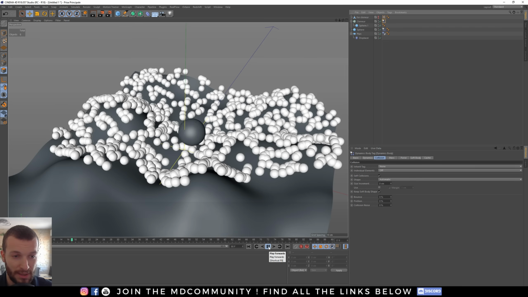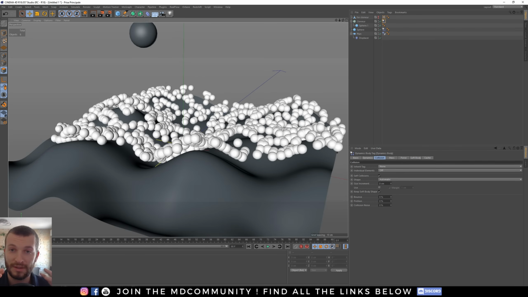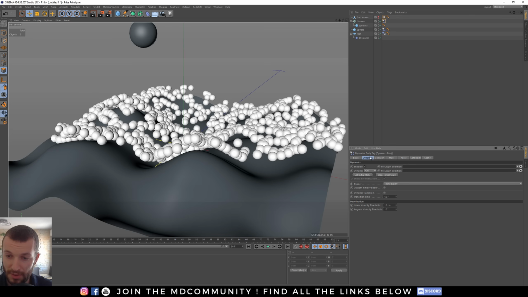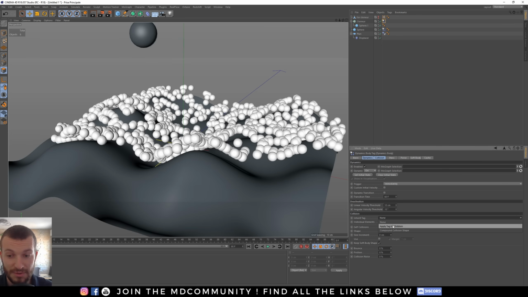If I hit play, you can see that all balls are like one object. So in the tag, I suggest you activate the dynamic tab and collision. To do that, you click on dynamic and you keep your click and go on collision. Poof, you have both tabs visible. Okay, so trigger immediately, okay. And I want to change the inherit tag, okay, and I will use apply tag to children.